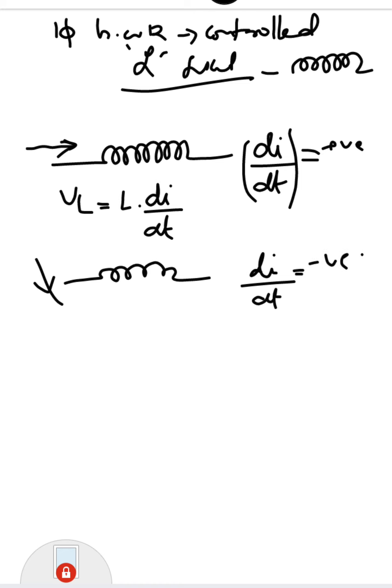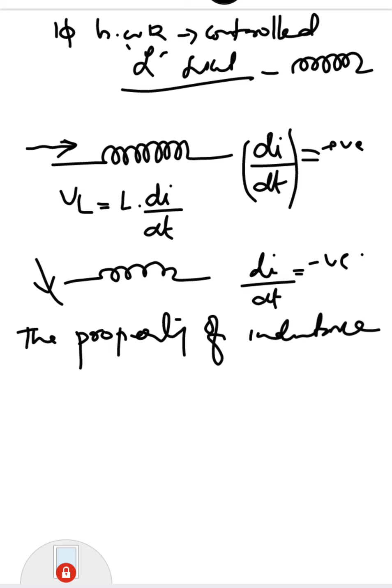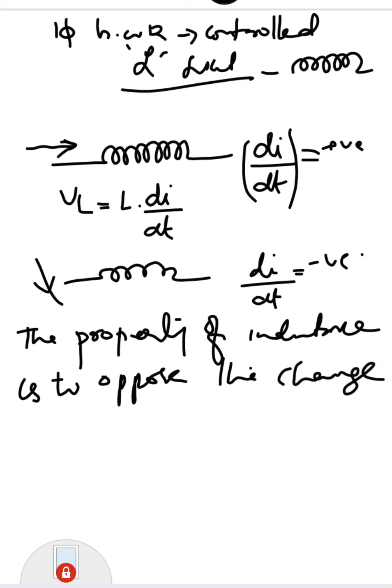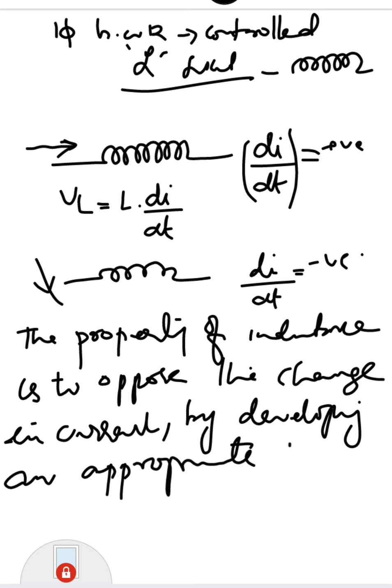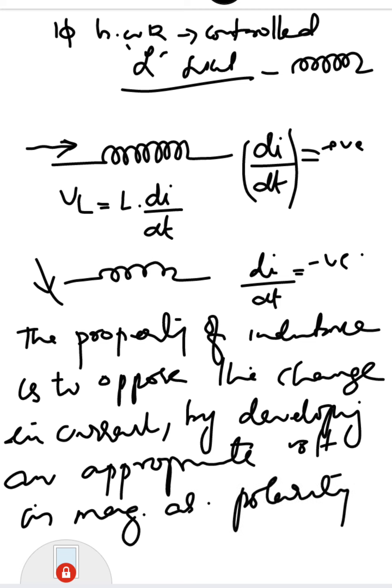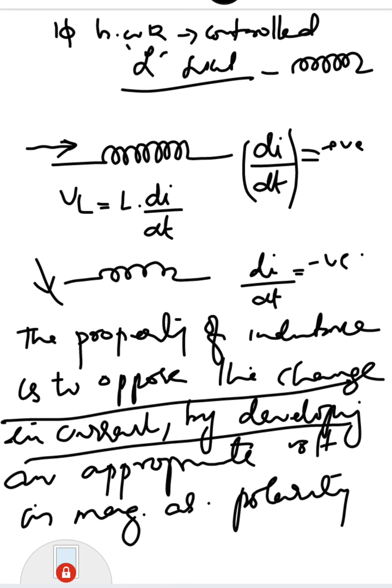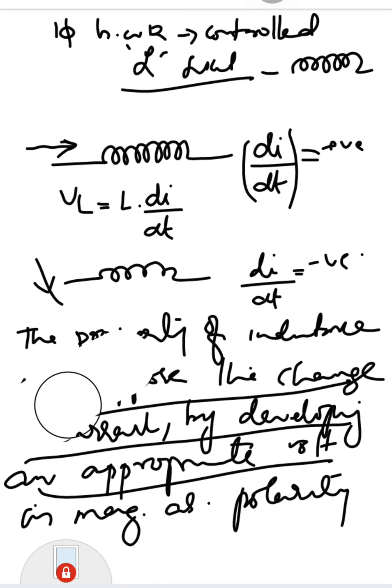Now you have to note it down, the property of inductance is to oppose the change in current by developing an appropriate voltage, in magnitude as well as in polarity. So this is the property, to oppose a change in current by developing an appropriate voltage in magnitude and polarity. The meaning is,